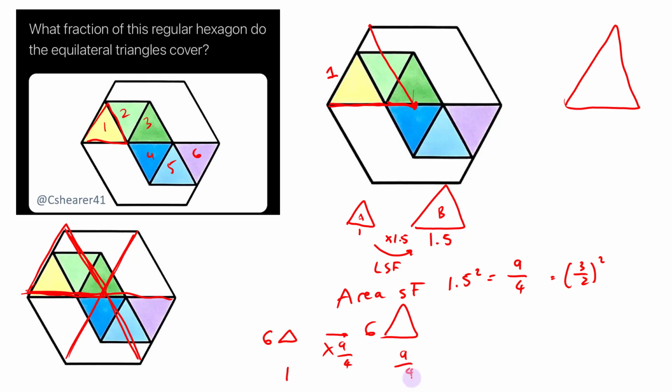area of 9/4. So the fraction of the regular hexagon the equilateral triangles cover is just going to be the small triangles out of the big triangles, which is 1 over 9/4, which is just 4/9. So we just used scale factors to find this. We didn't need to find individual areas. The fraction of the regular hexagon that these equilateral triangles cover is 4/9,